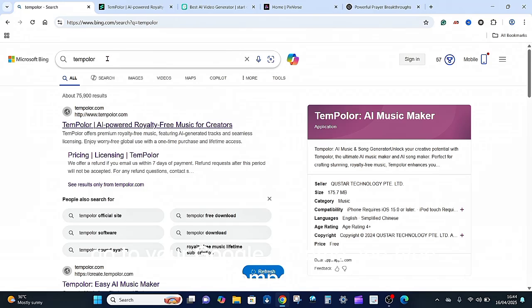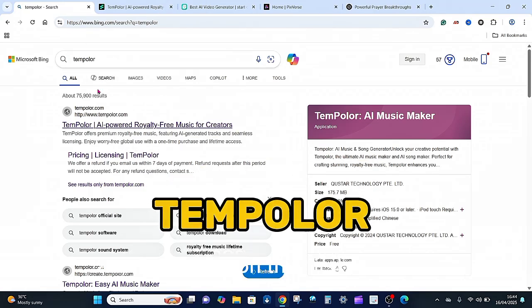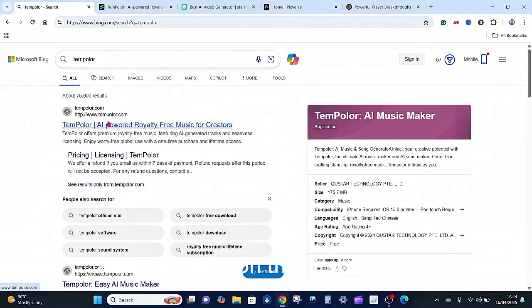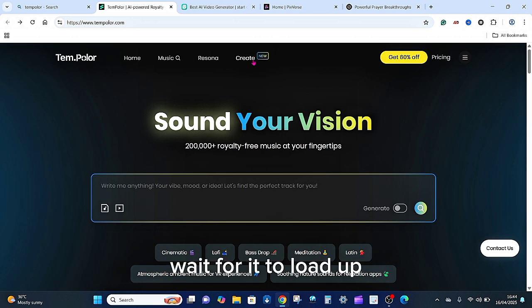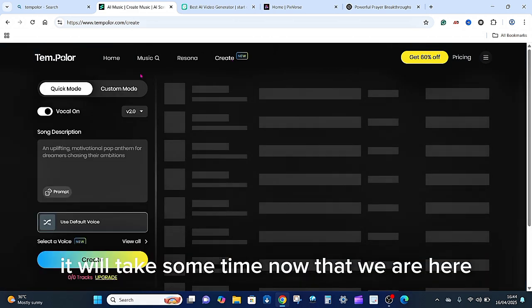Go to your Google Chrome and type Tempo. And then click on this first one here. After clicking here you land on this interface. So go ahead and click on Create New. Wait for it to load up. It will take some time. Now that we are here,